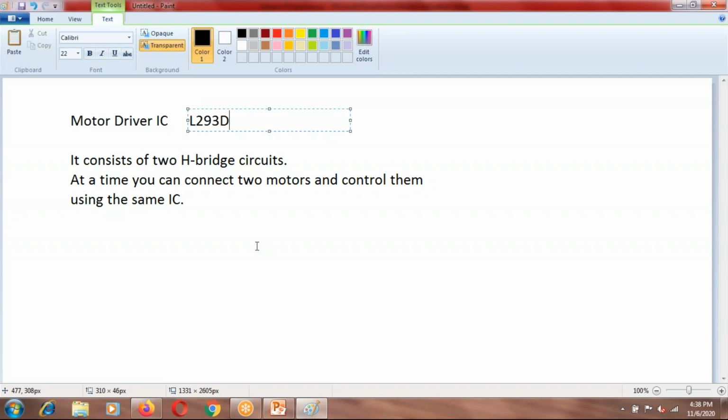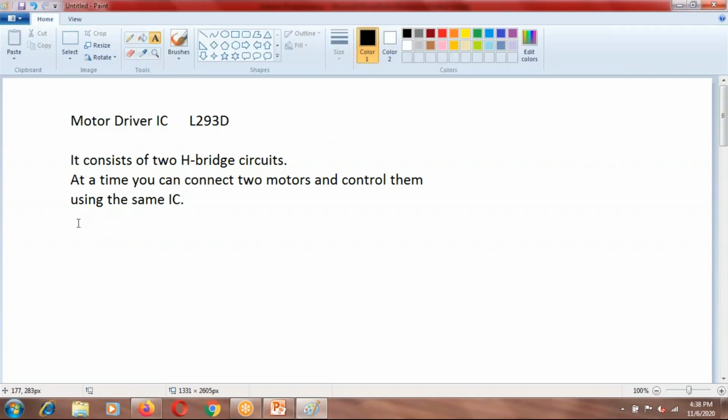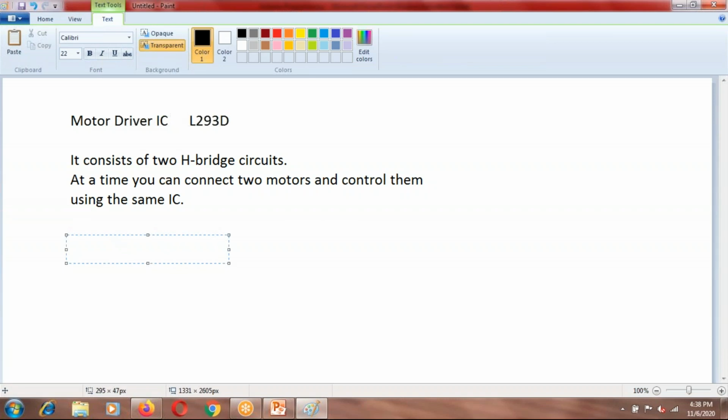It is a very good choice for small robotics projects like the line follower robot or the Bluetooth controlled robot. We make small vehicles which are controlled through programming by the microcontroller. This particular IC is generally used to make the motor driver circuit of these robots.